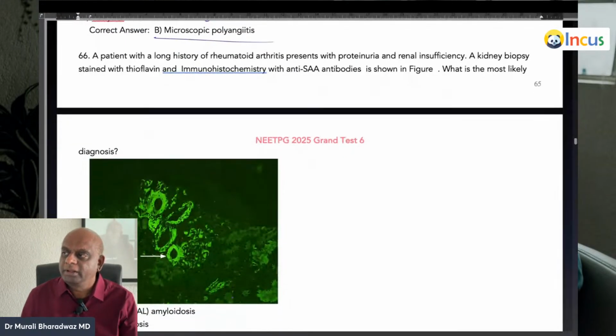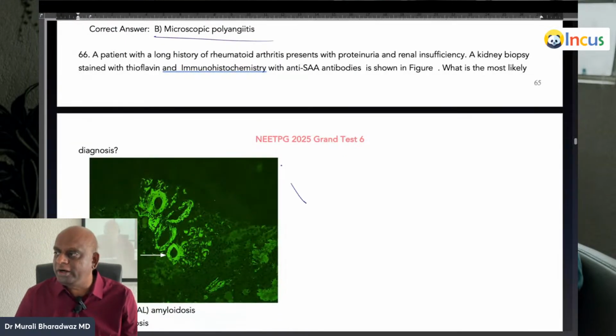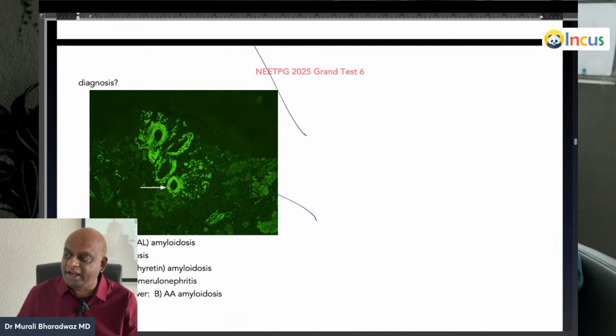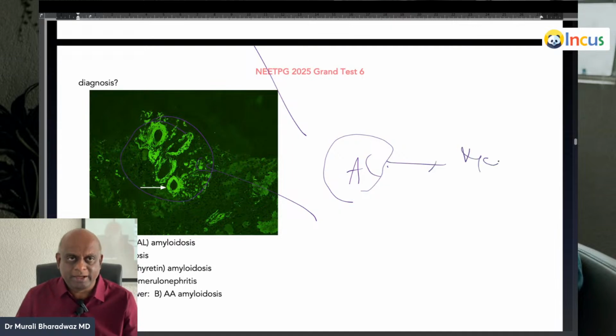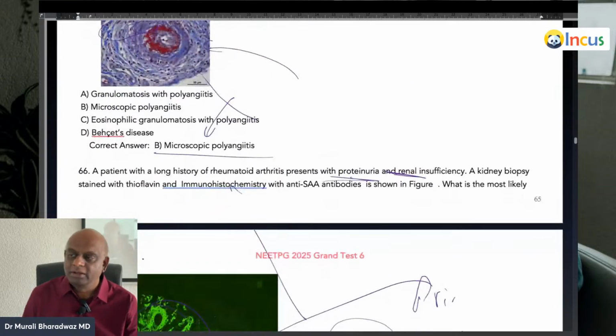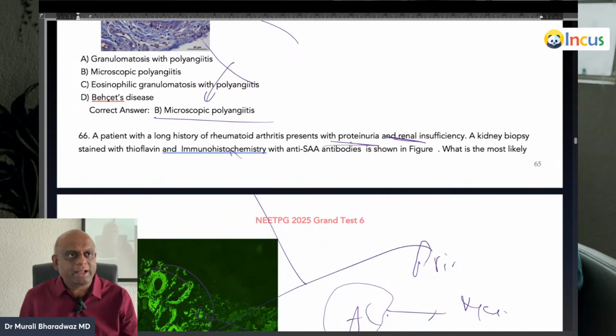So now, doctor, a patient has a long history of rheumatoid arthritis and presents with proteinuria and renal insufficiency. A kidney biopsy is being stained. This is what? Amyloidosis. So AL is due to multiple myeloma-like conditions. Then you have AA type of amyloidosis, typically seen in chronic inflammatory conditions like rheumatoid arthritis,